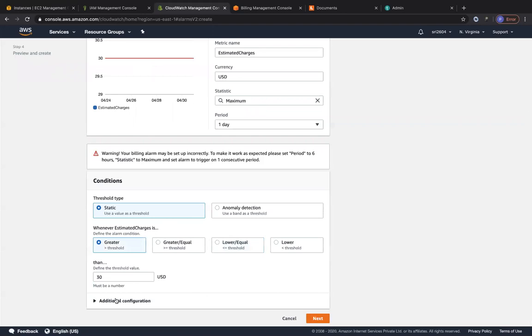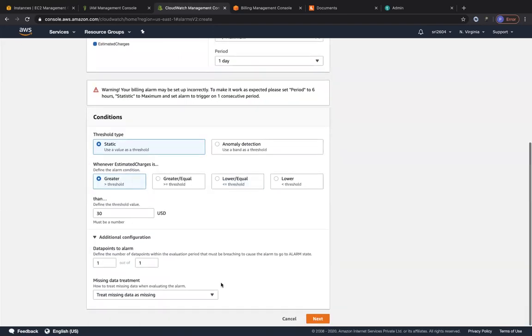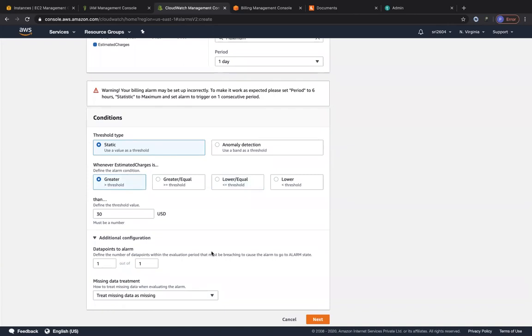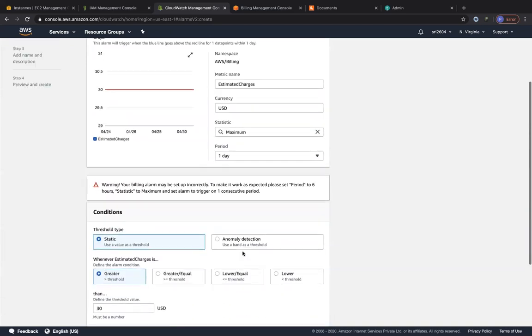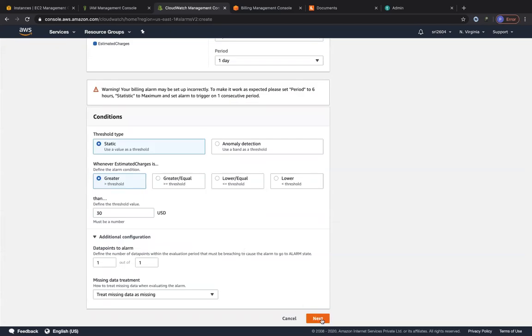Then what we are going to do in the, okay, let's see what's there in the additional configuration. This is something that I would like you to note, because if there is some data that is not being generated and you're not able to visualize the data in CloudWatch, you can treat the data as missing, right? Or you can also treat the data as good, which is not breaching the threshold. At some points of time, you may not even have data, right? At those points of time, you can configure this according to how you want it. But let's keep it as treat missing data as missing itself. Okay, cool. Let's go to the next screen.